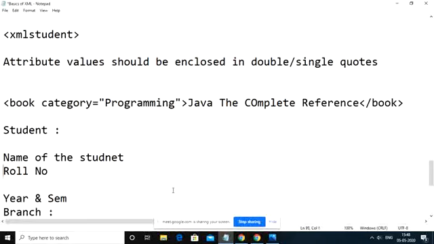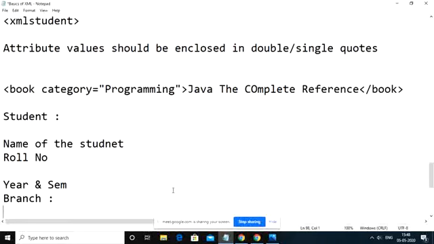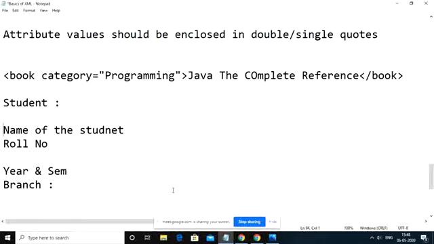Let us say the name of the student is Ravi, roll number is 589, year and semester is 32, branch is CSE. These are the student details we need to store using XML format.